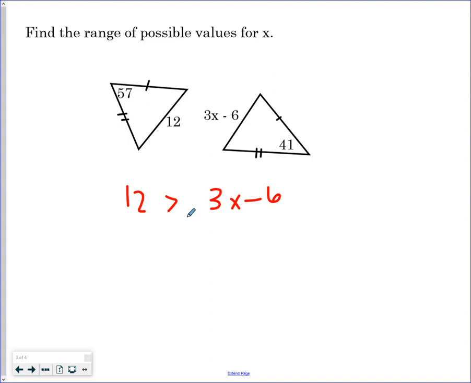Does everybody get that from the picture before? Right? So before, we just had a 12 and like another number, but now we have an x, but it's the same concept, right? If the 12 is across from the bigger angle, then the 41 is across from the smaller angle, then the 12 side is bigger than the 3x minus 6 side, right? So what we're going to do is solve that. Solve for x, okay? So you would add the 6, get 18 greater than 3x, divide by the 3, 6